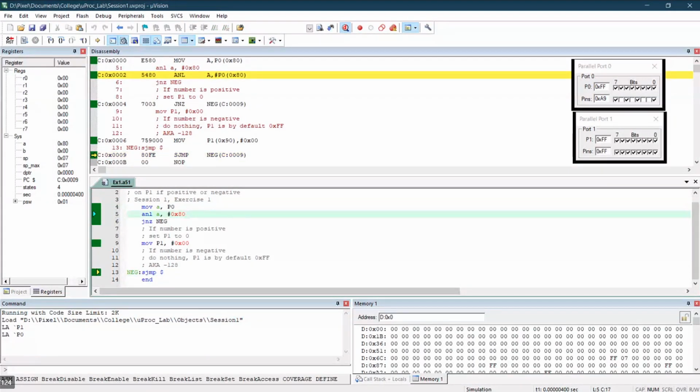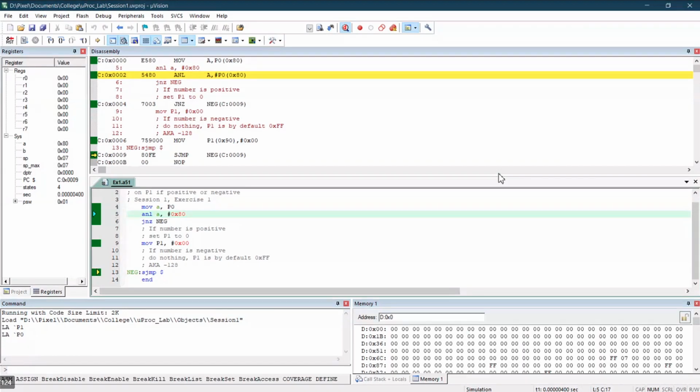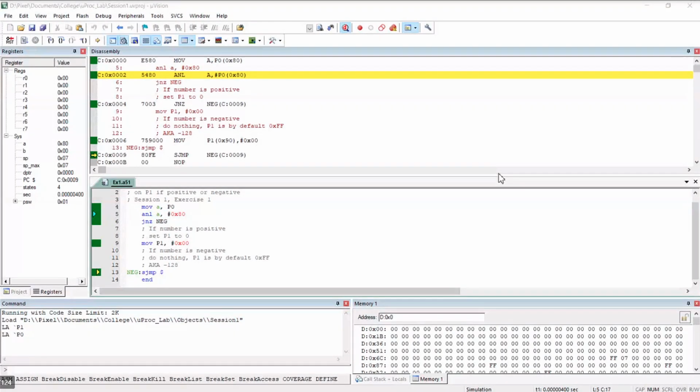Have you come across something called bit addressing in 8051? Have you studied that? No, sir. So instead of going for an entire register, you can select a particular bit. For example, I am interested in the most significant bit of the accumulator or of the input. I can select that bit only. So ACC.7 gives me the most significant bit of the accumulator, register A, and I can move it to the carry flag.